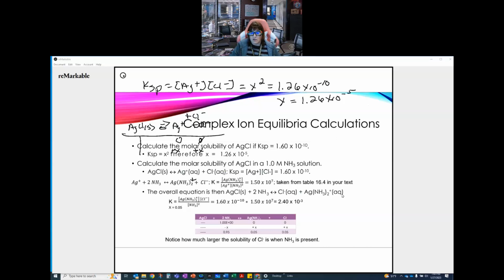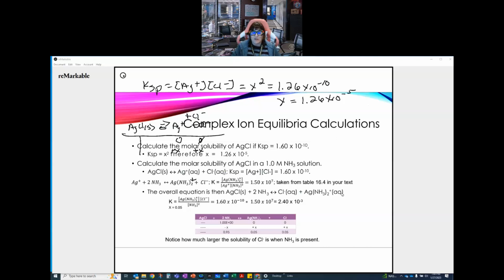Okay, now that's taken from one of the tables in your textbook. You would have to be given those values. They're not present in the exam handouts, so you'd have to be given them if you were expected to work with them. Now the overall equation for this is AgCl solid plus 2NH3 goes to Cl minus plus